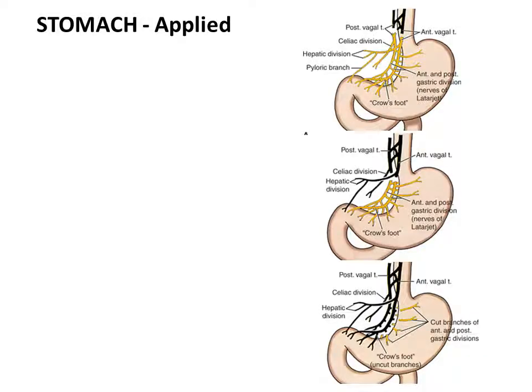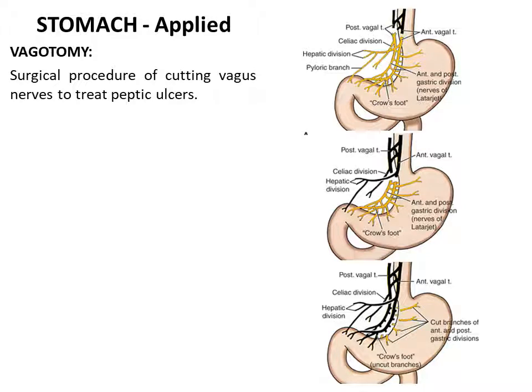The parasympathetic supply to the stomach is through the vagus, which is mainly secretomotor, that is, increases the secretions of the gastric glands. These gastric glands, mainly the ones present in the fundus, are responsible for producing hydrochloric acid, which is in turn responsible for the gastric or peptic ulcers. Hence, in case of peptic ulcers which are resistant to antacid treatment, a surgical procedure is undertaken to cut the vagus nerve. This is known as vagotomy.